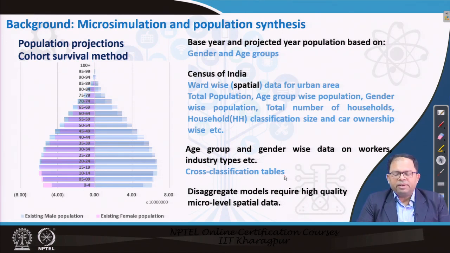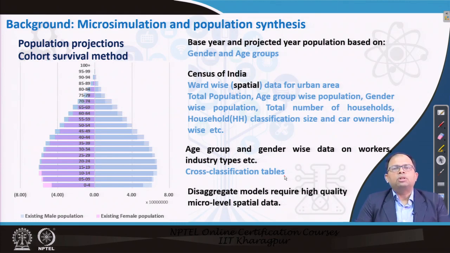Based on our previous discussion on land use transportation problems, we have seen that the entire land use transportation problem is divided into many smaller components. For example, there is residential location choice, there are mobility models, then there is the location choice model for businesses, and then there are mode choice models, trip generation models, trip distribution models, and so on. What we have seen also is that primarily disaggregate models are used to determine or predict the outcome of these different decisions, like where people will relocate themselves or which mode a person will undertake.